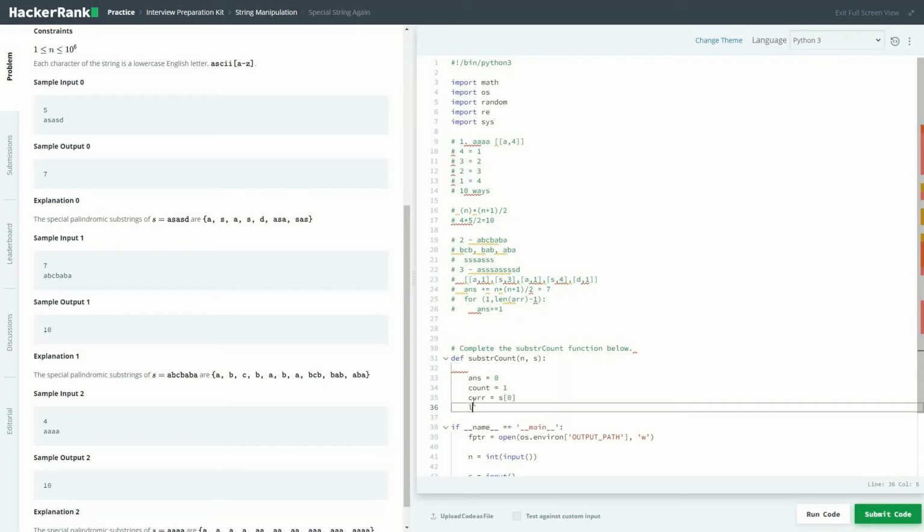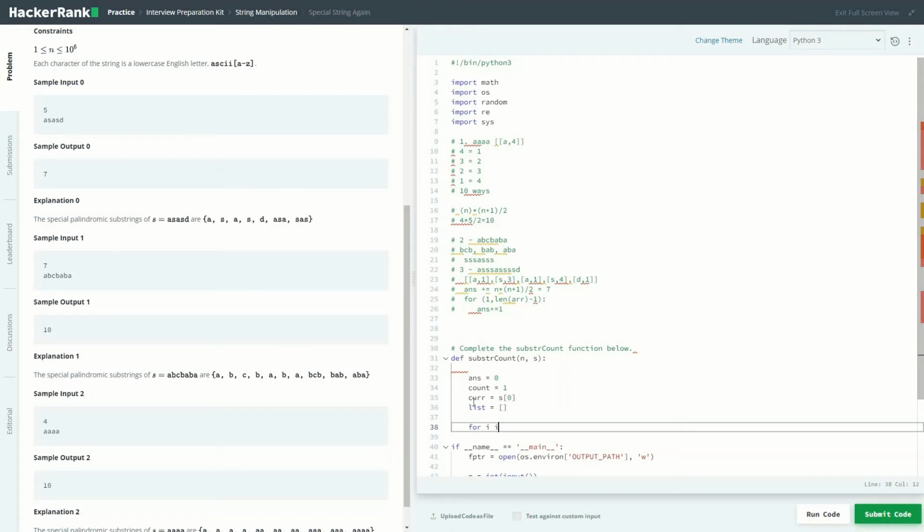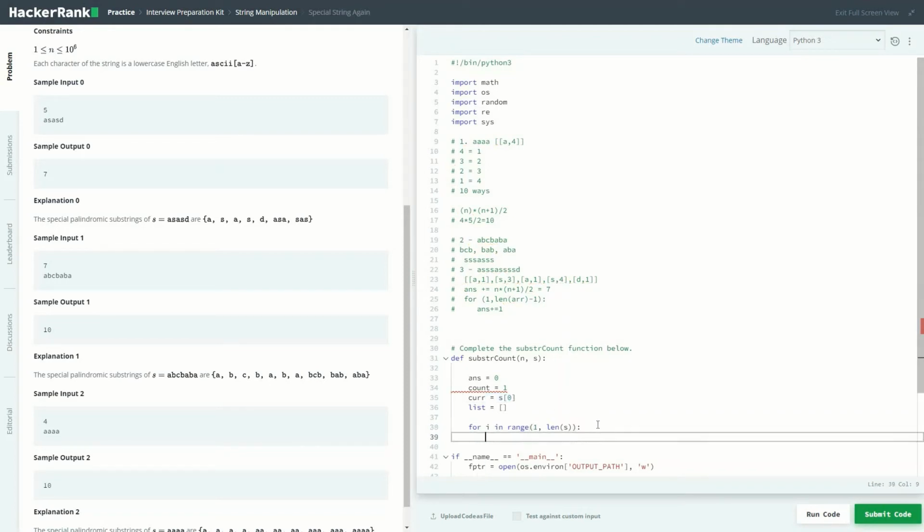So for this we will create an empty list. Now we'll be looping it through. So for i in range of 0 to length of s. Here it would be 1, because we have already initialized the first value. So if the current element is equal to the previous element, in that case the count value would increase by